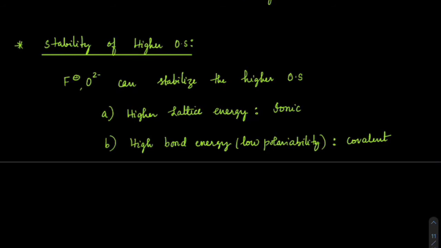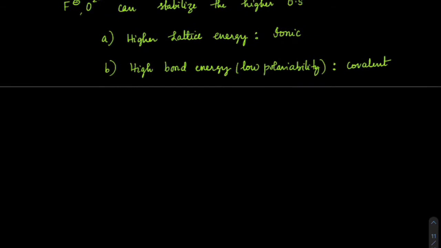Overall, because lattice energy is not just about molecular interaction, it is not within the molecule but between the molecules. But within the molecule, if you have to be very strongly associated, then a covalent bond makes it better. Okay, and along with that, if you compare F minus and O2 minus,